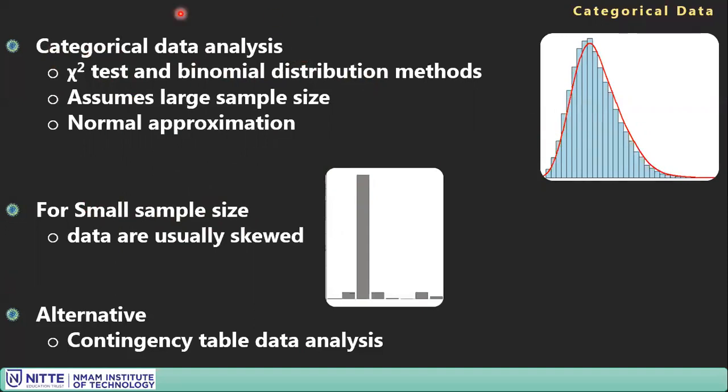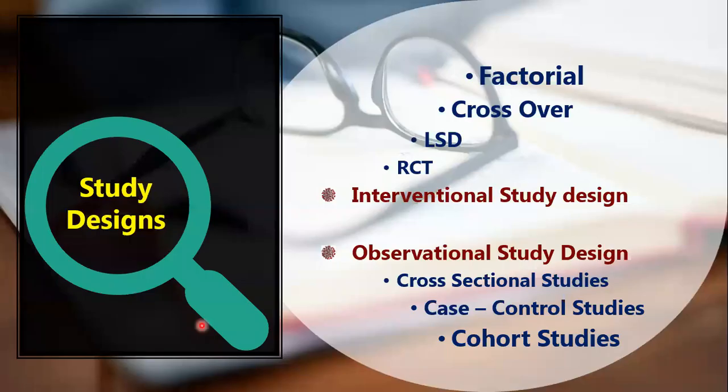The upcoming videos are mainly based on this categorical data analysis, which follows contingency table data analysis. If they do not follow large sample normal approximation and are very small in sample size, you will be using the contingency table method. Here in this video lecture, we are going to discuss different types of observational study designs that yield small size samples, possibly, or even large ones also. Usually small size samples are available, for which we do the categorical data analysis. So we will be focusing only on these types of study designs.